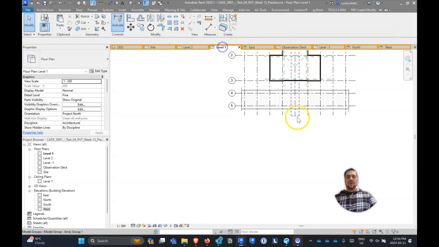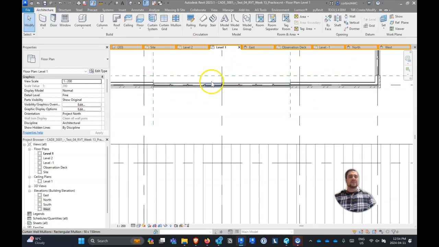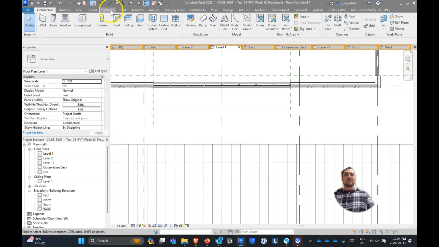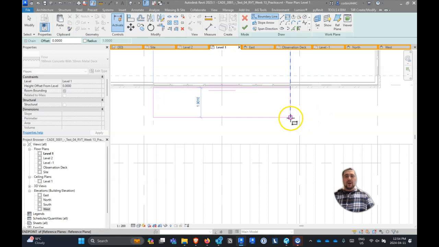And so to start with that, I'm going to add a bit of a floor outside of this window here. And that's just, you want some sort of landing point. Maybe not jump off point, but you want some point to get out of the building there, and maybe just to have some space before you actually walk down the stairs. So let's go to a floor here. We're going to do our same metal decking, and we're going to keep that floor in line with our reference planes. And maybe we'll go out,